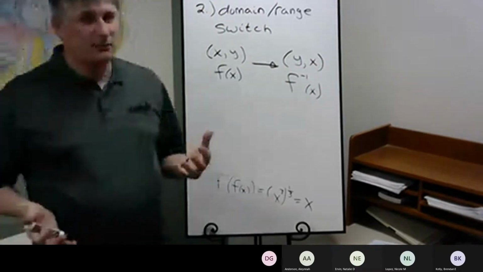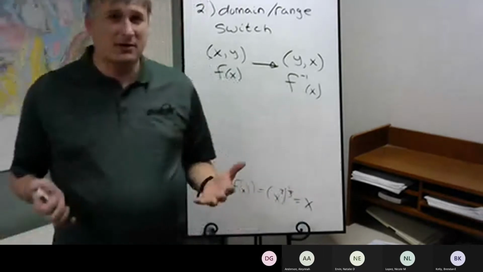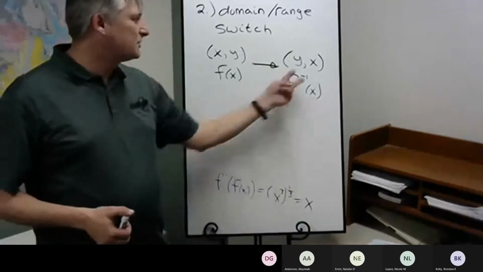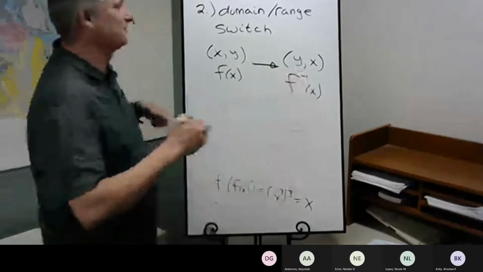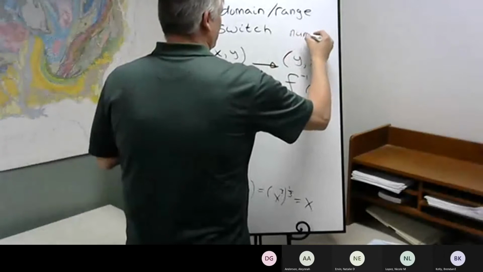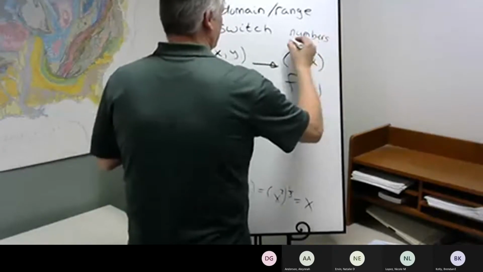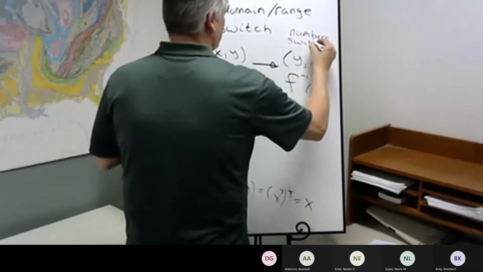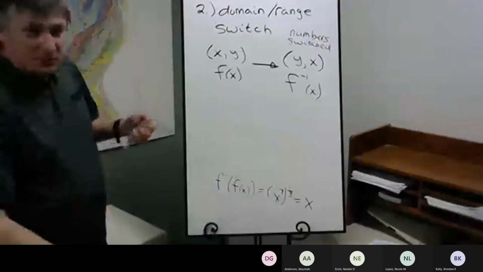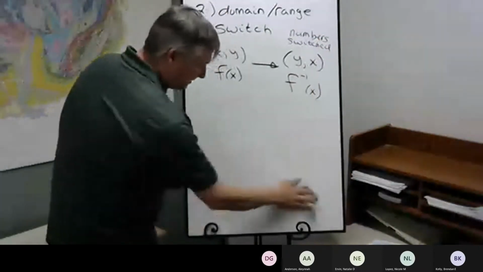Now, when we graph an inverse function, we still graph it on the same Cartesian plane with a horizontal x-axis and a vertical y-axis. It's just the numbers here are going to switch. So just to show you what that looks like,